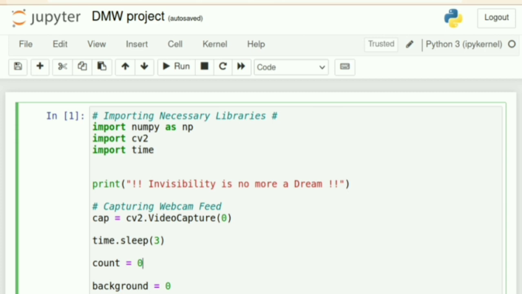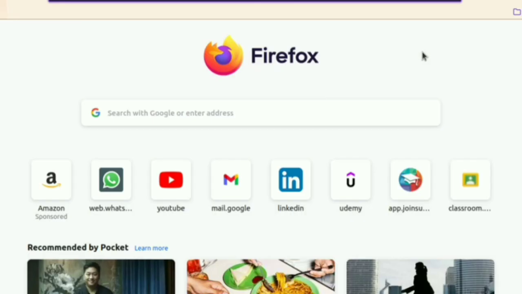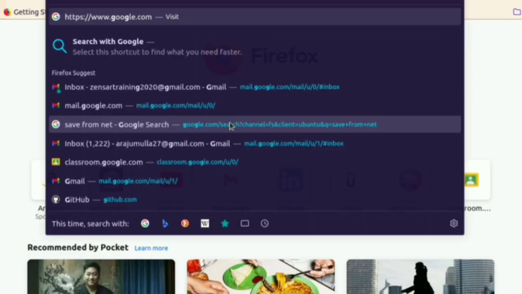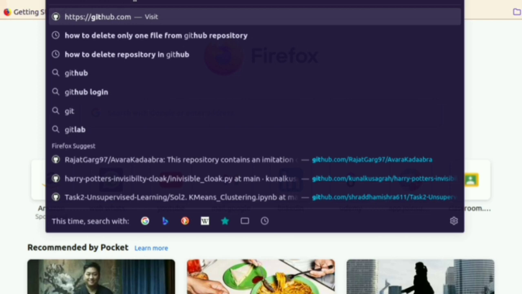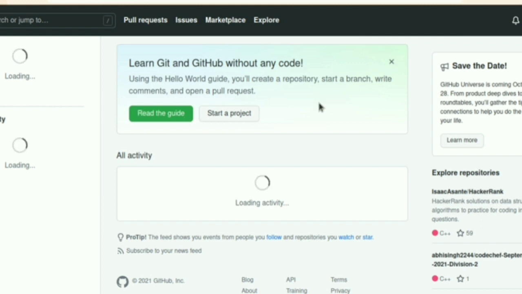And basically the codes are available on GitHub also. So I have also uploaded this code on my GitHub, you can check it. Okay, so you will get the code there only on GitHub.